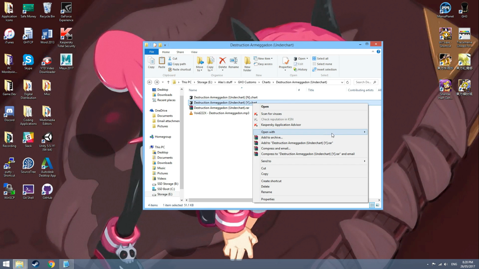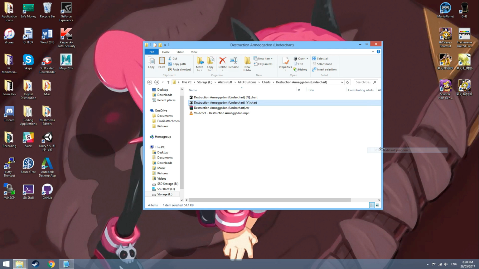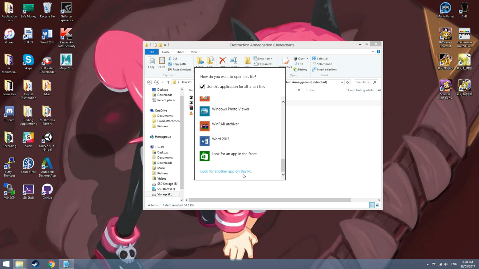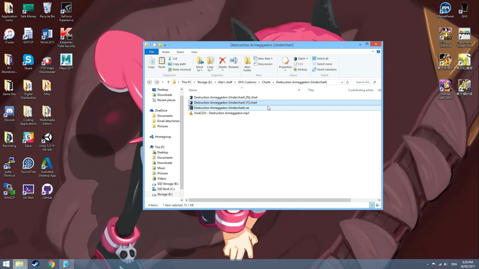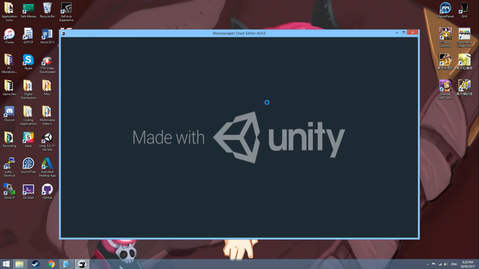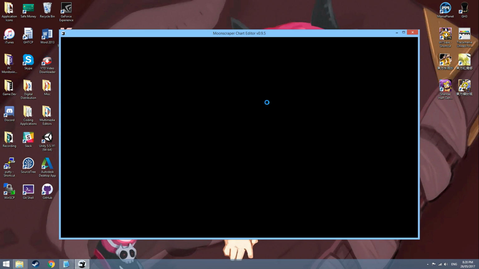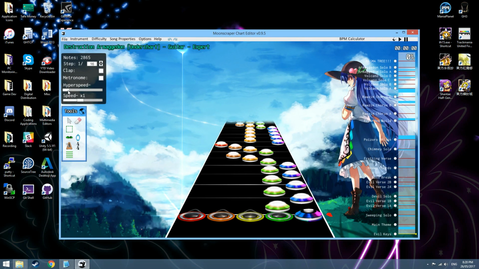If you now go to Open with, and then select Moonscraper from the list of options, you'll have to use the browse option. But yes, you can open up Moonscraper directly from a chart now. This also works on MIDI files as well if you so choose. And so once we are in,